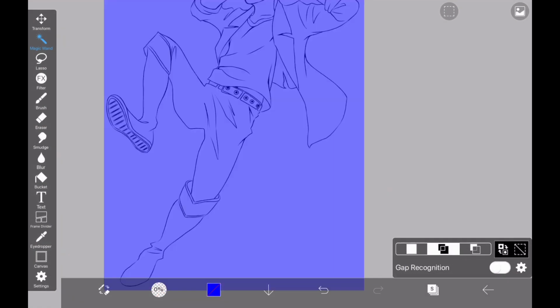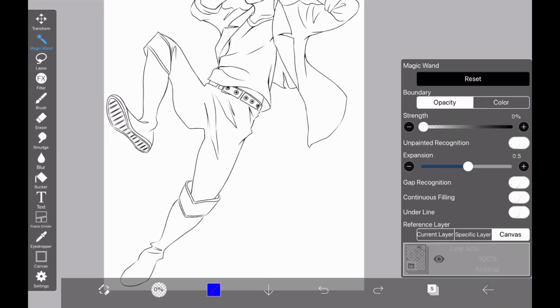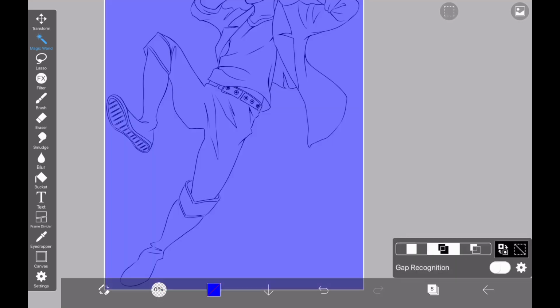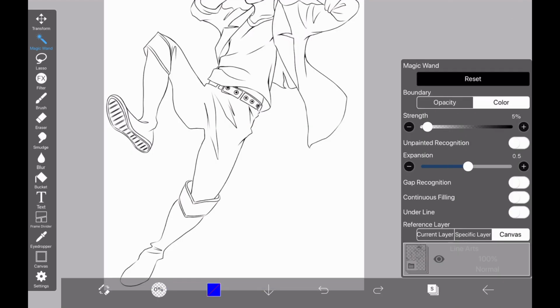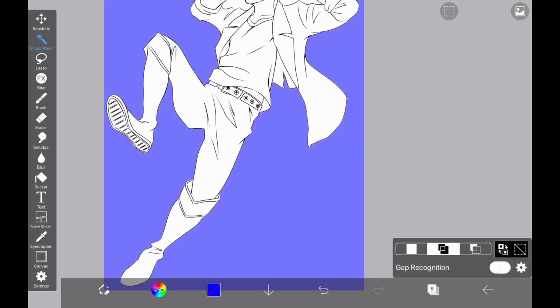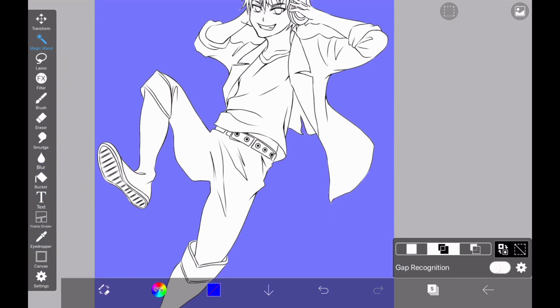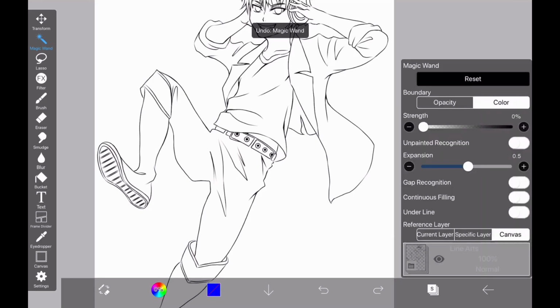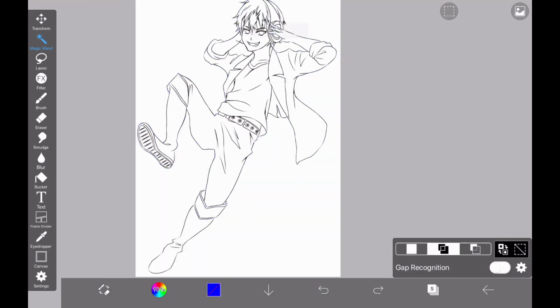From here, the selection range doesn't go well and I have a hard time. As a result, when the percent of strength was set to 5% or less, the background could be only selected. I think the reason for this is that I drew too thin lines in the line art. From now on, I have to be conscious of drawing a slightly thicker line.